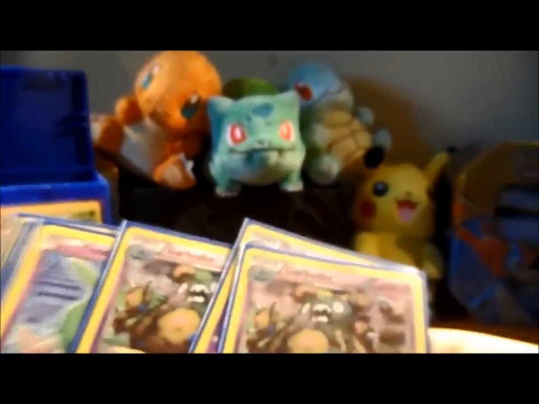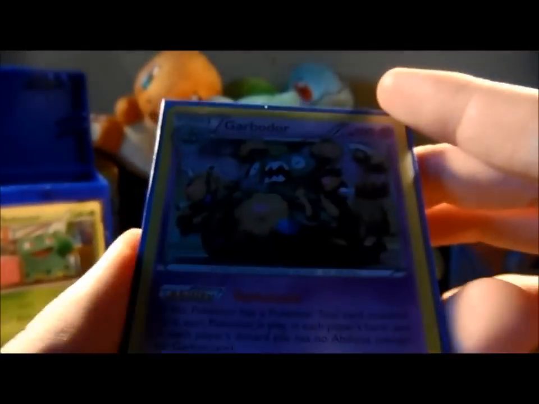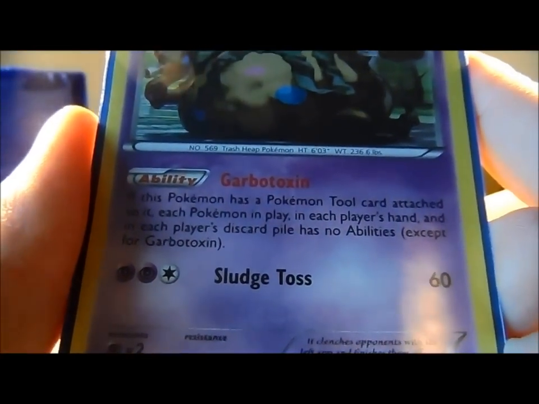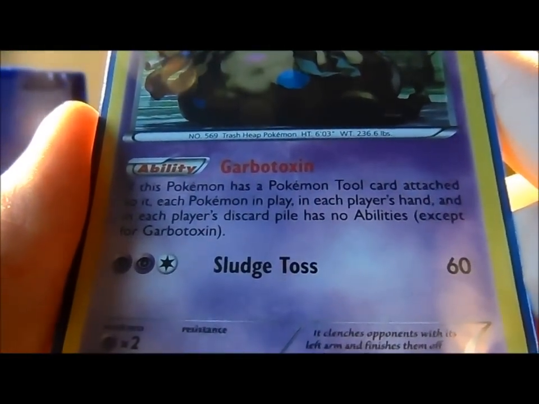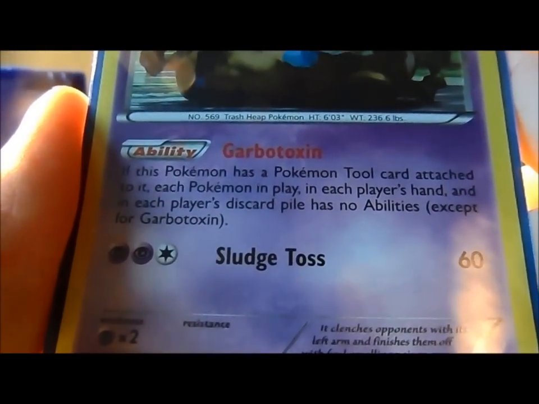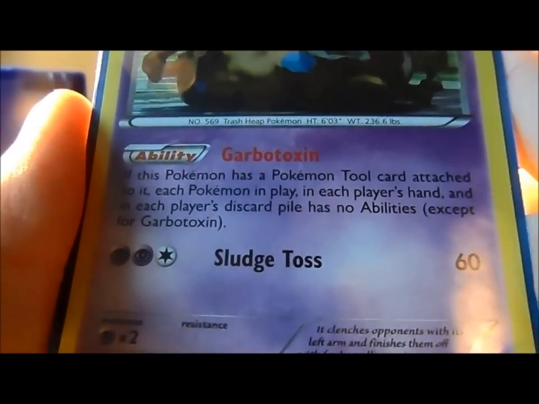Next we have a 3-3 line of Garbodor Trubbish. We use Garbodor for the Garbotoxin ability, which is if this Pokemon has a Pokemon tool card attached to it, each Pokemon in play, in each player's hand and in each player's discard pile has no abilities except for Garbotoxin, which is really nice. Shuts down